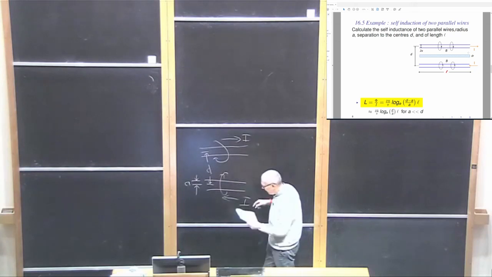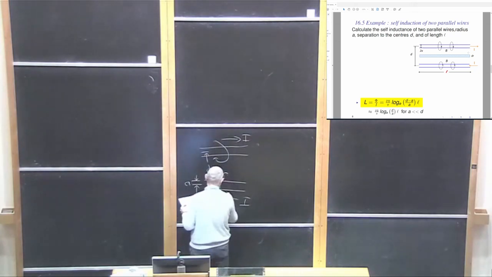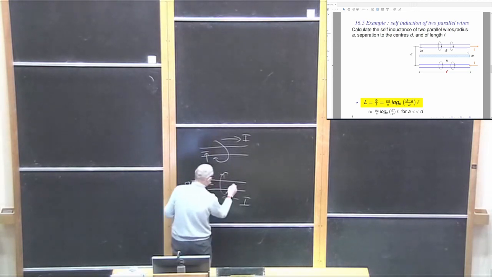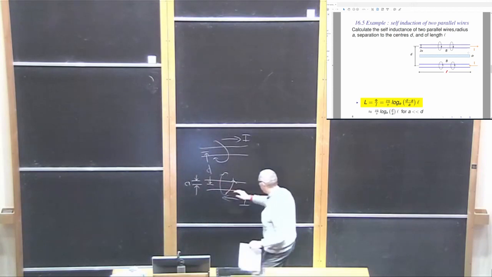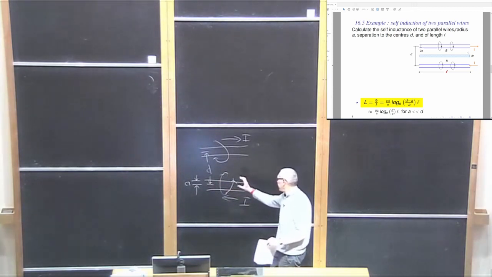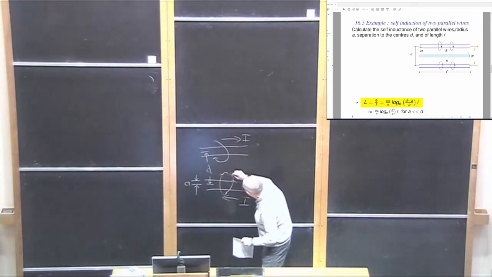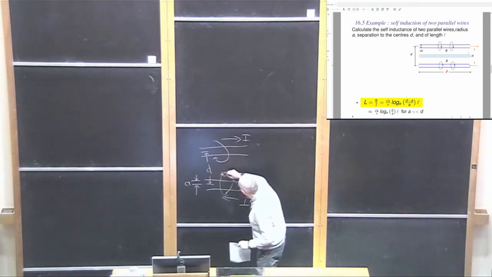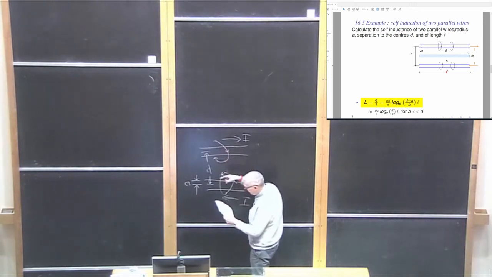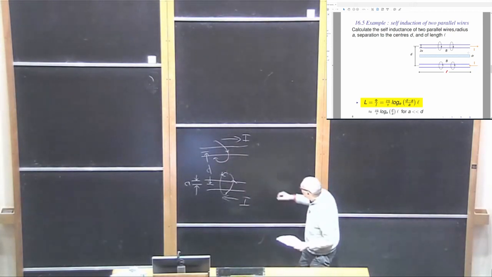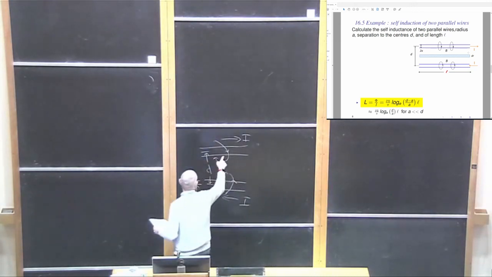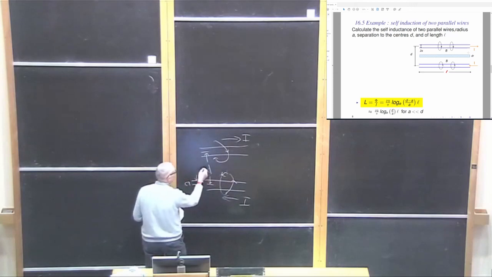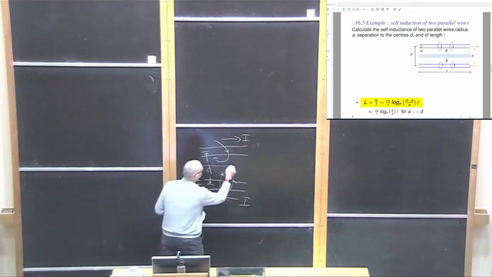So the field, have I done that correctly? It's coming up this way, so I did it, in fact, wrong, didn't I? It's like that. So it's coming up like that, it's going around like that there, and it's going around like that there, and of course the field adds. The field from this wire adds to the field of that, and the flux